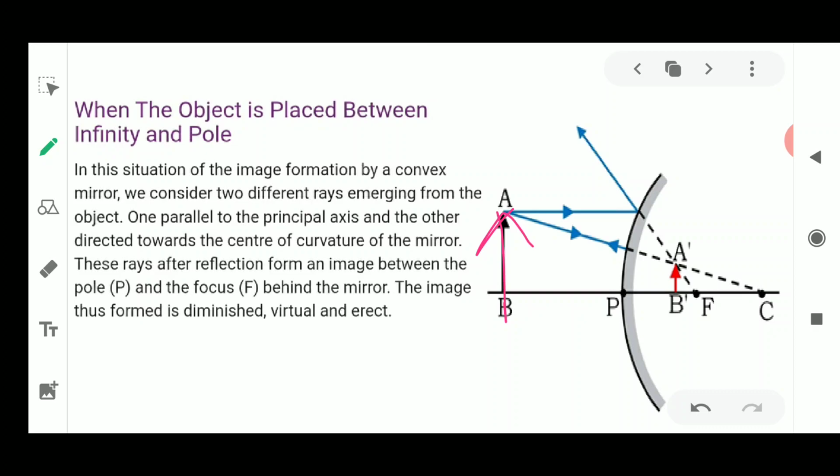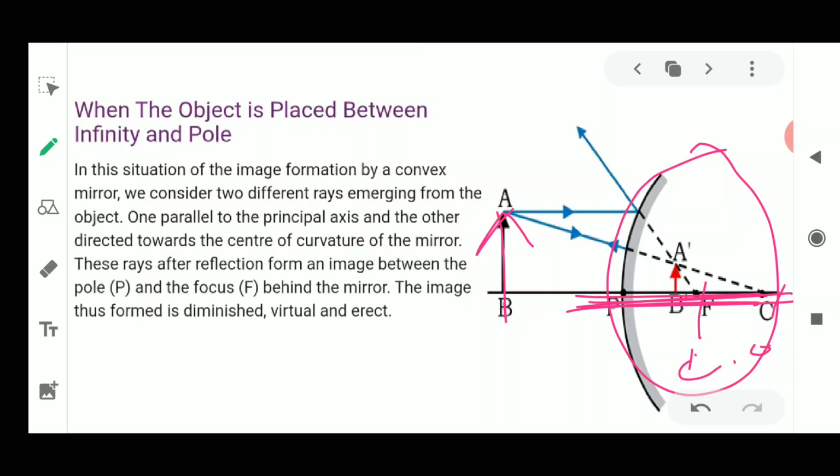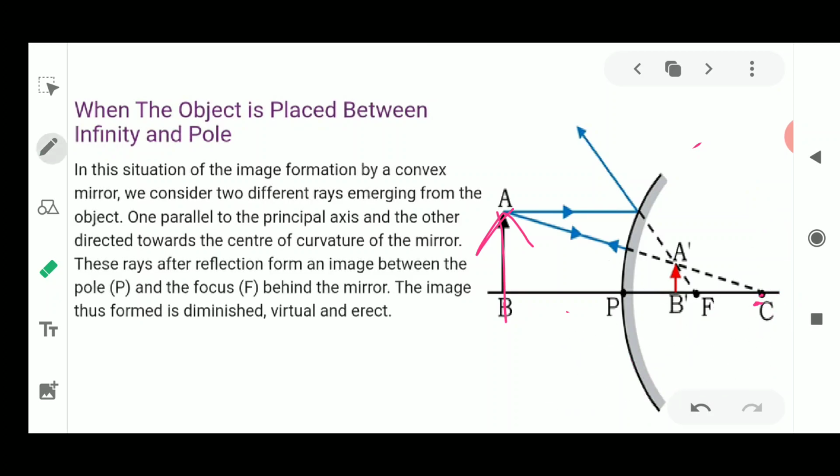Now as you could see here, the focus and center of curvature are always virtual. Why is it virtual? Because this is a part of a spherical mirror. The spherical mirror is cut from this side, so the focus and center of curvature will always remain here inside the sphere. That is why we are not writing the center of curvature or the focus on the real side, which you could see from outside. That is why it has a bulging surface for the reflection. So this reflecting surface is always bent outwards.